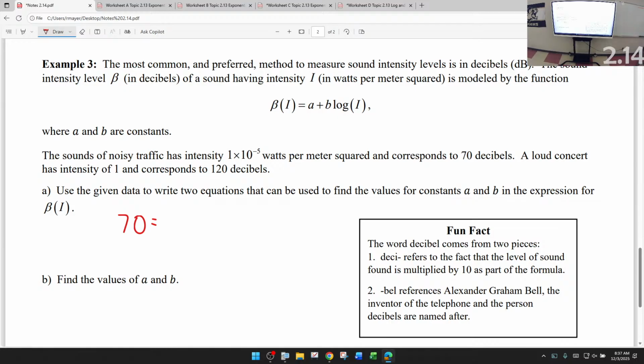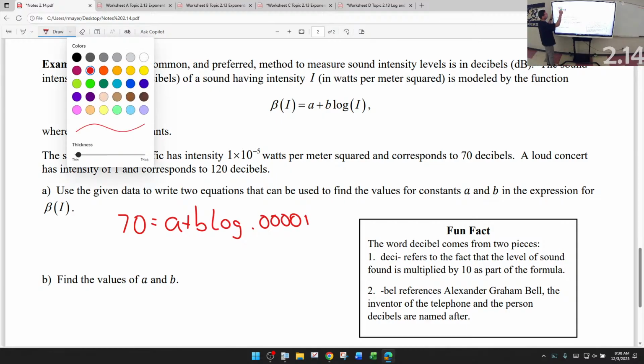They frown upon that. Okay, 70 equals A plus B log of 1 times 10 to the negative 5th. Or, you can put 0.00001, whatever you want to put, scientific notation or non-scientific notation. And now I need the other equation. And the other equation is